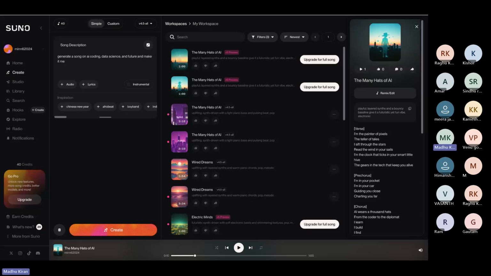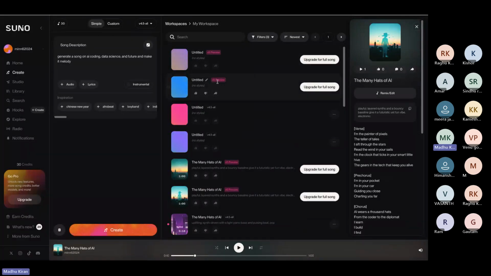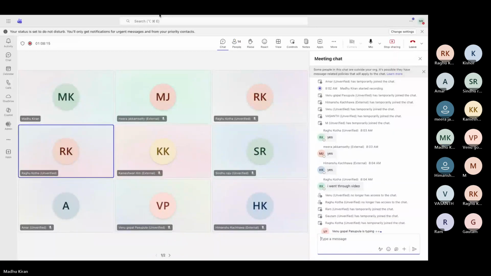You can give a complete, neat description, but I'm making it easy and generating it. See how fast it is. Actually, we got it.